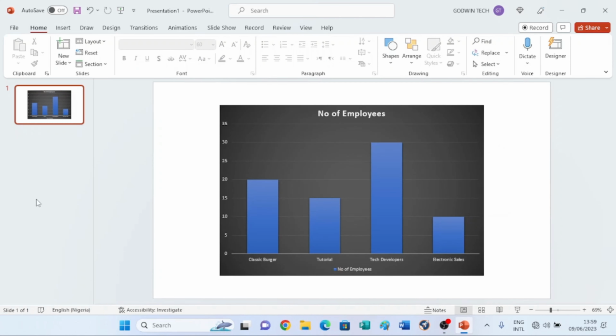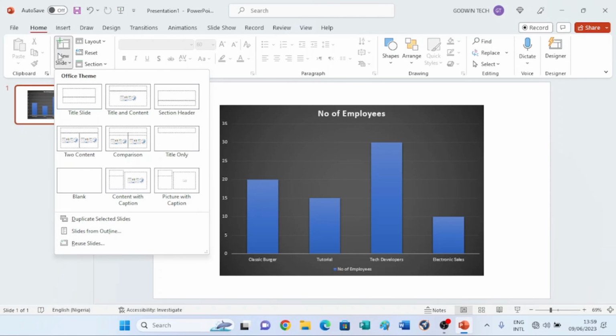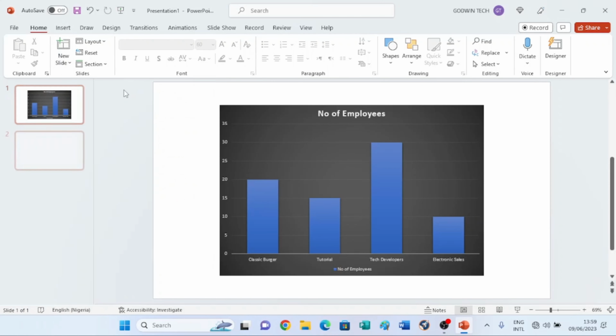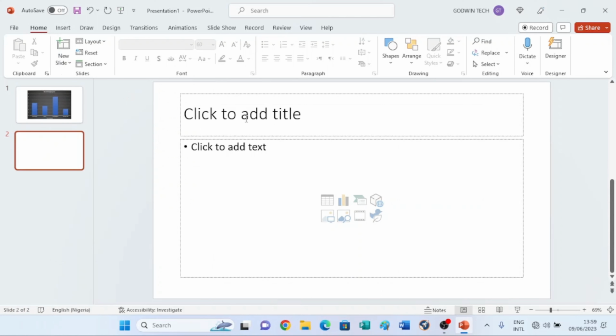Let's create another type of chart. And here we are going into a pie chart. So how do we do that? I will click here, the new slide button under home tab, and then I'll select a new style. Okay, let's go with title and content layout. All right, good. So here